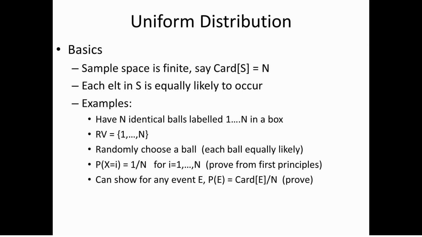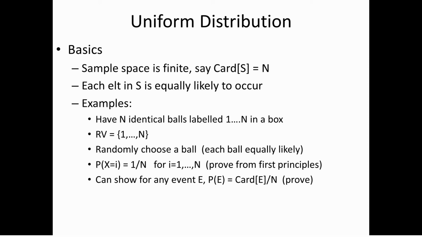And this is a situation where the sample space is finite. So we say that the cardinality, or the size of the sample space, is equal to capital N. And each element in the sample space is equally likely to occur. So for example, we have N identical balls in some box labeled 1 through capital N. A random variable is going to be the number on the ball that we pull out. Okay, so we're going to randomly choose a ball,